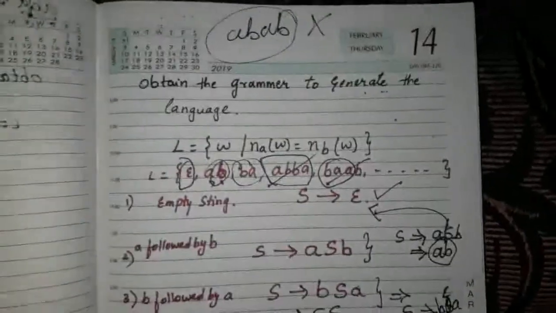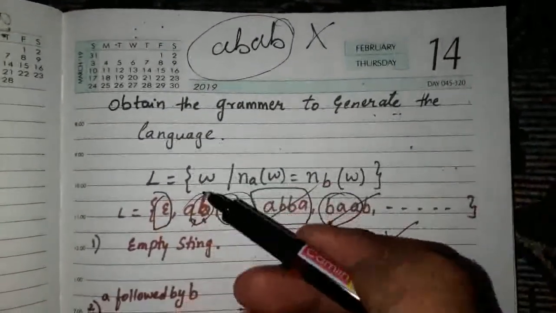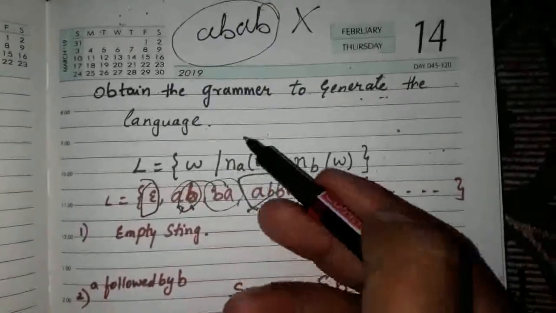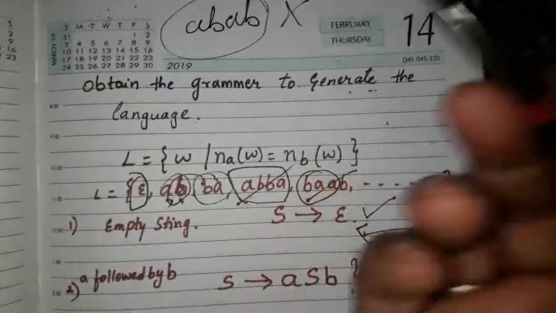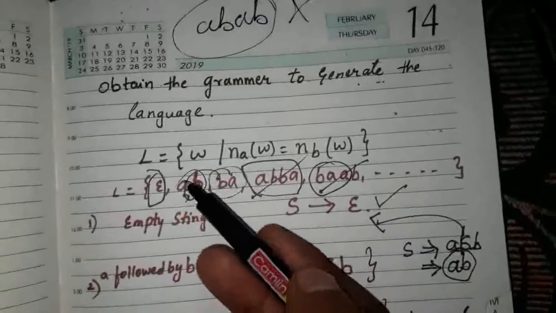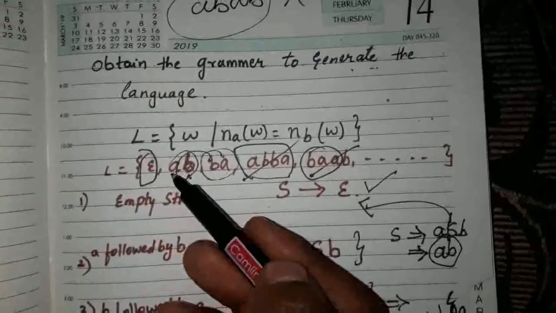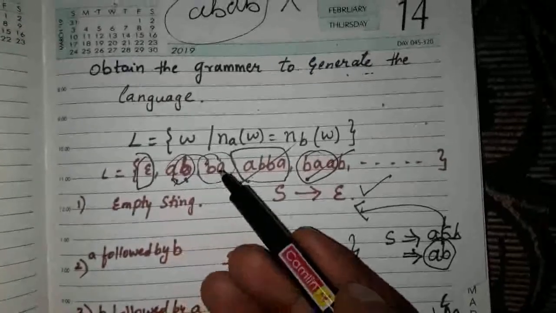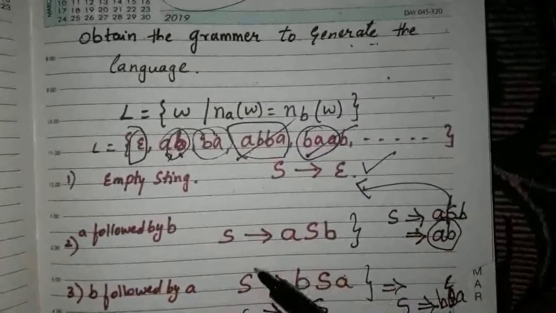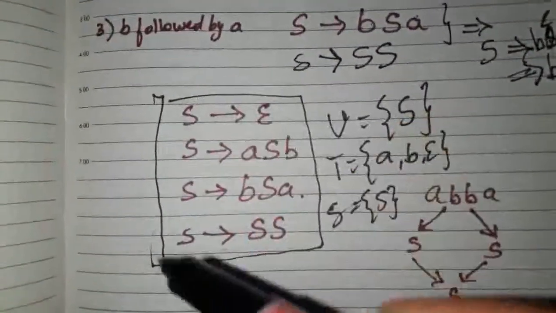Okay. So the third type of problem is obtain the grammar to generate the language wherein a string is generated in which the number of A's is equal to number of B's. These are the possibilities: case one is just epsilon, the null string, or A S B, or B S A, starting with A ending with B, starting with B ending with A. Or if I want to get the combination, I'll combine these two together and say S tends to SS. So the grammar would be this.